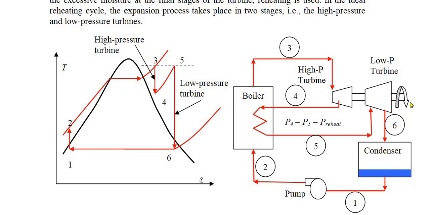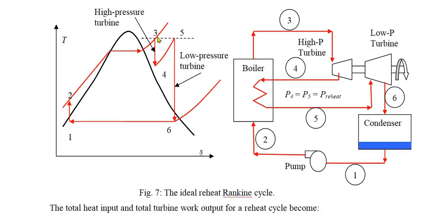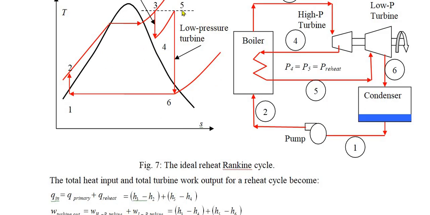Now after 6 what do we need to do? We need to condense the steam. Okay, now it is allowed to pass through the condenser. Now 6 to 1 is the condensation process. You can see in the TS diagram, this is the condensation process. Then 1 to 2 is the pumping process. Then 2 to 3 is the heat addition in the boiler at constant pressure. This is the constant pressure line 2 to 3. Okay, now you can see here we are adding heat in two ways, right? From 2 to 3 we are adding heat, and from 4 to 5 we are adding heat. At the same time we are extracting work from 3 to 4 and 5 to 6. If you write the energy balance equation, Q is equal to (H3 - H2) + (H5 - H4).